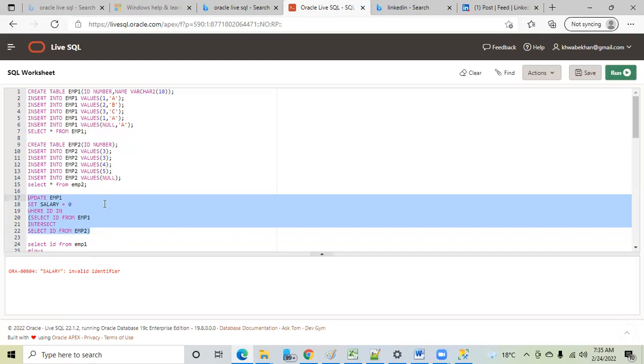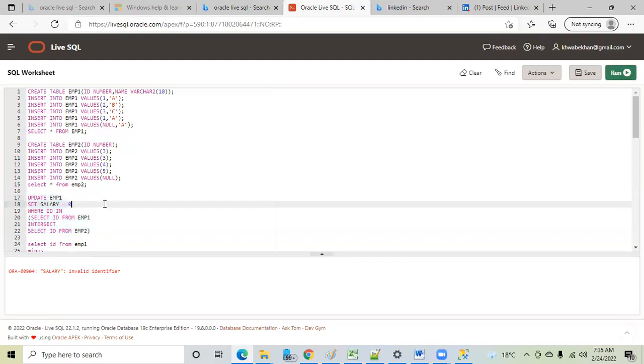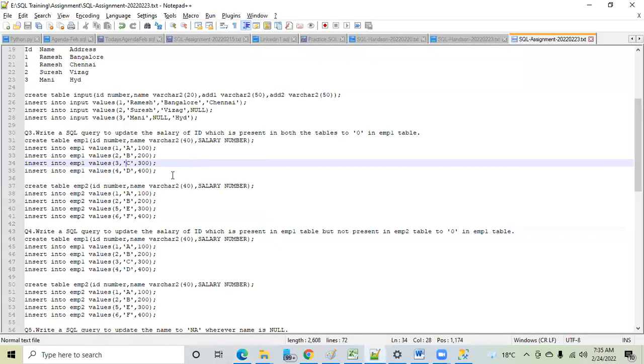Salary invalid identifier. Very good. Oh, okay. This is a different table, no? Sorry, this is a different table. Take this table. Okay, no. Leave this one.